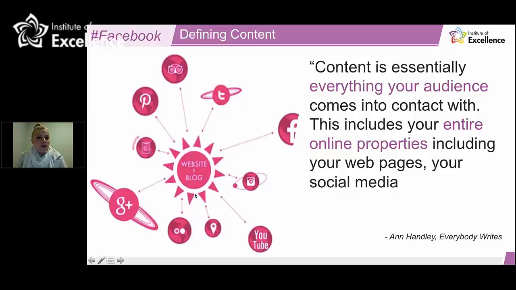Your website is your digital brochure. Your website is the property that you own. Everything on the outer sphere of your website is rented space. Facebook is no different. So this is why it's important for us to be clear on the purpose of why we're doing what we're doing.